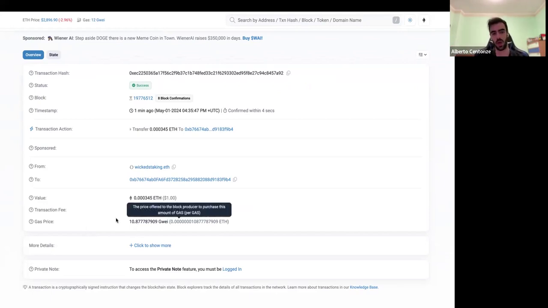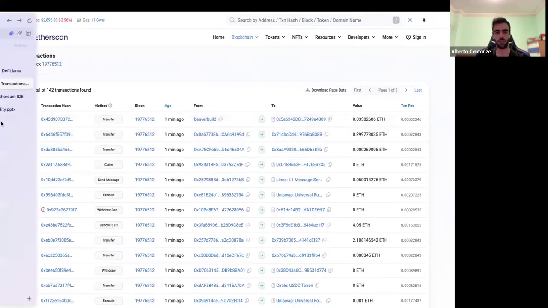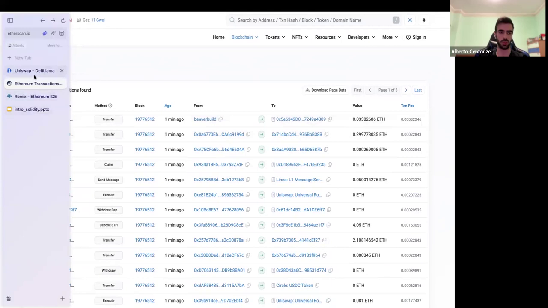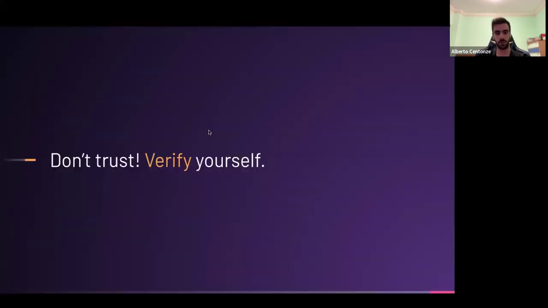So we need to somehow pay for the storage and their costs, and also for the security we're getting by doing this instead of using a centralized server. So this is why we have to pay transaction fees. And we'll get back to this later. But I guess this was good enough as an example of what you can do with a blockchain. And you can literally see every single piece of information is publicly available. Let's get back to the presentation.